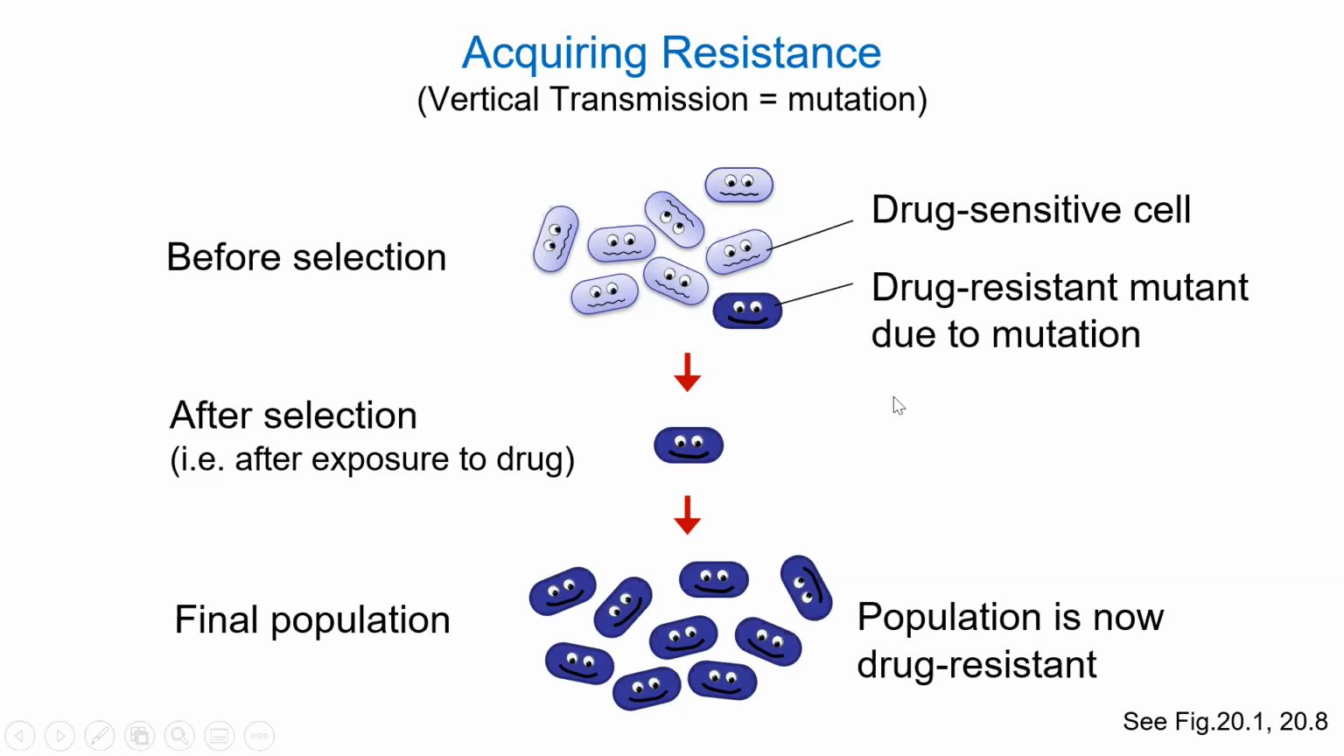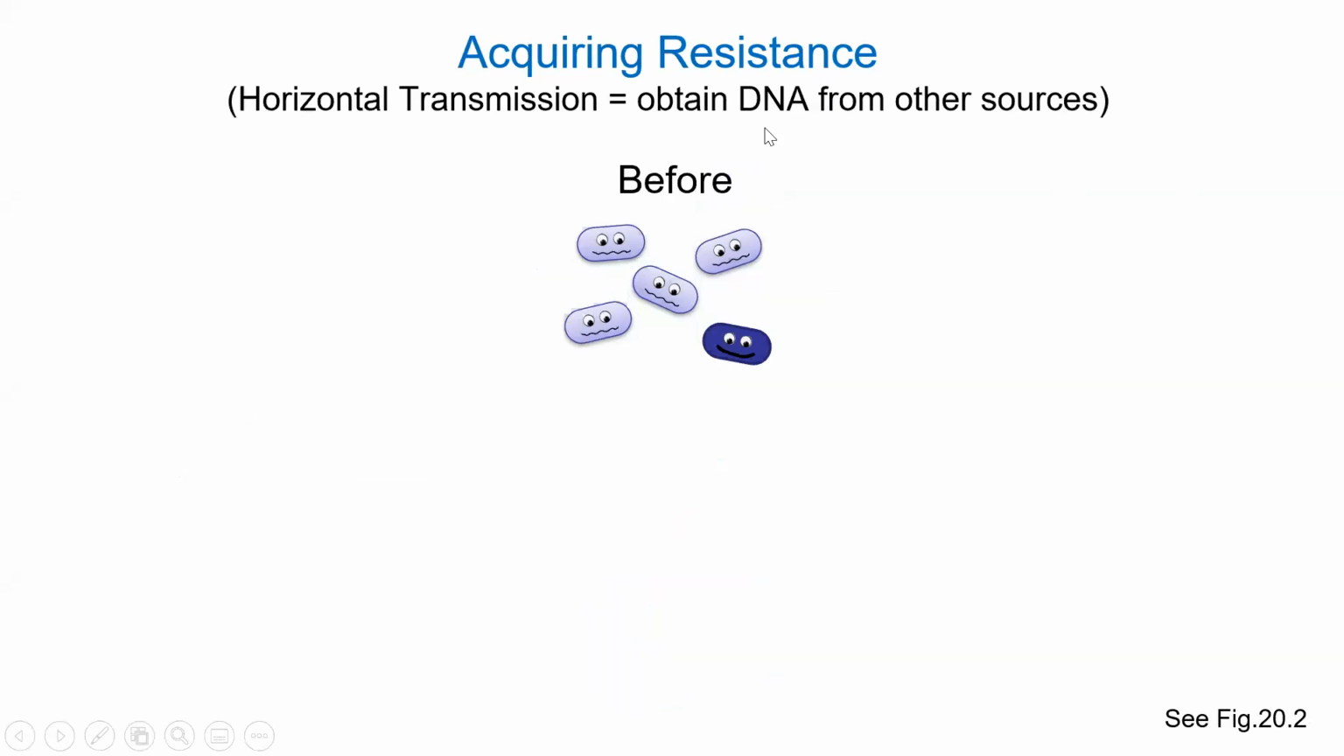So vertical transmission, you can see, basically means you're going from one generation to the next, right? So in humans, vertical transmission means that you might give your traits to your children, right? And so the other type of resistance mechanism is called horizontal transmission. And this means it's not coming from a previous generation, but it's coming from other sources. And this tends to be a lot more rapid, but also the frequency is small,